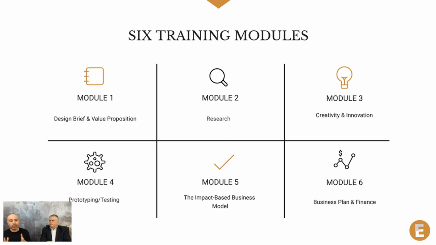So basically, the company, when they started, had an idea on which customer to serve and maybe which value, but maybe wasn't really too clear. They needed to spend a little bit more time to clarify which need of which customer we want to address. So in module 1, we write a design brief that is a document that will kind of guide us through the design thinking process. And why is it important to be clear to write that design brief?